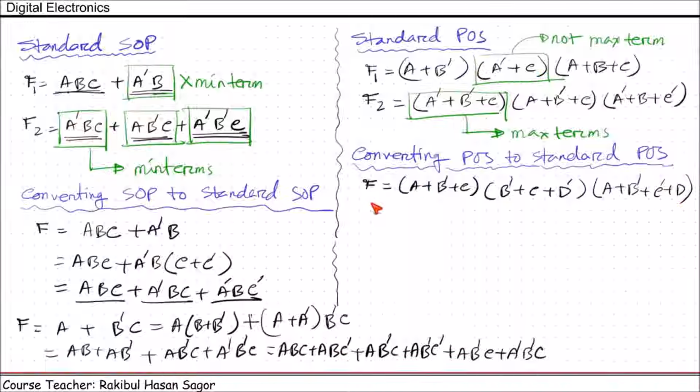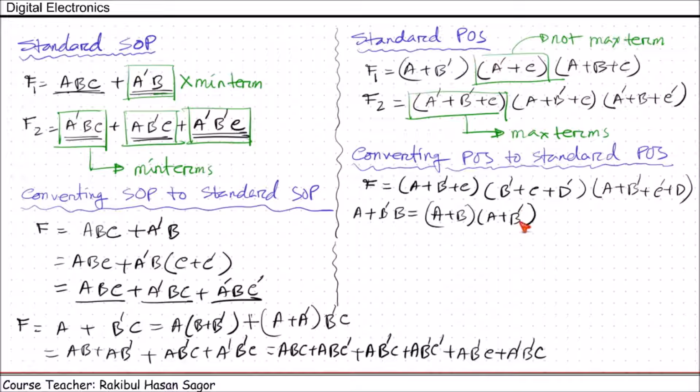So how to deal with that? Before I proceed with this problem, let me show you one of the laws that we are going to use here. That is, if we have a plus b'b, this can be written in this format, (a plus b) into (a plus b'). We can have a proof. Suppose if we take right hand side,